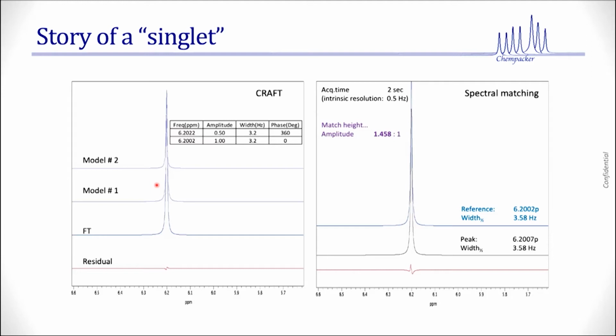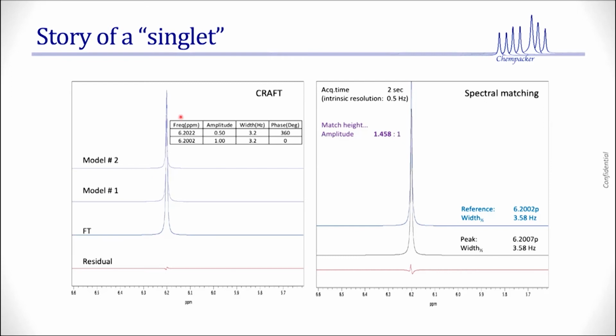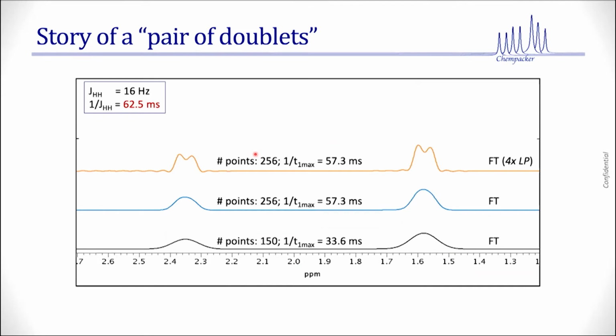That's a fundamental difference. Now, over the period of time, I graduated, Krish graduated, from a singlet to a doublet, to a pair of doublets. Let's take a look at this one. Before I go to this one, let's take a look at here. Here, the 2 frequencies differ within the line width of the resonances. That's why they fall into it. That's why it looks like it's a singlet. Now let's take a look at a case of a pair of doublets.